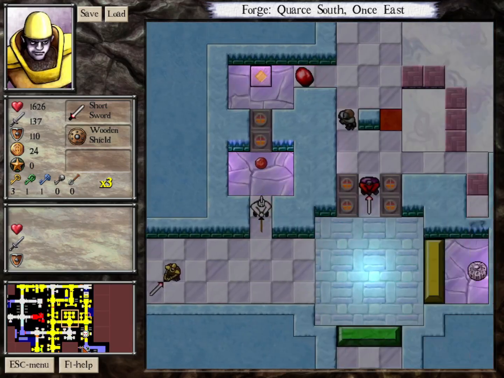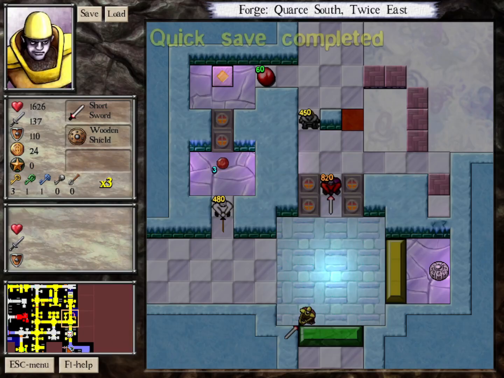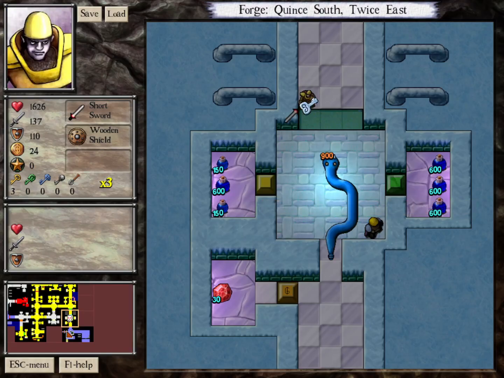Alright, so I'm actually ready to touch the rattlesnake, almost. So... Here, I'm just gonna quick save this. I think it'll be obvious whether I'm doing the right thing. So if I do this... Giant snakes can be fought from the head or the tail. The head is their weak spot, and it will kill them outright. Fighting them from the tail will cause them to shrink. So I want to see how much you reduce...